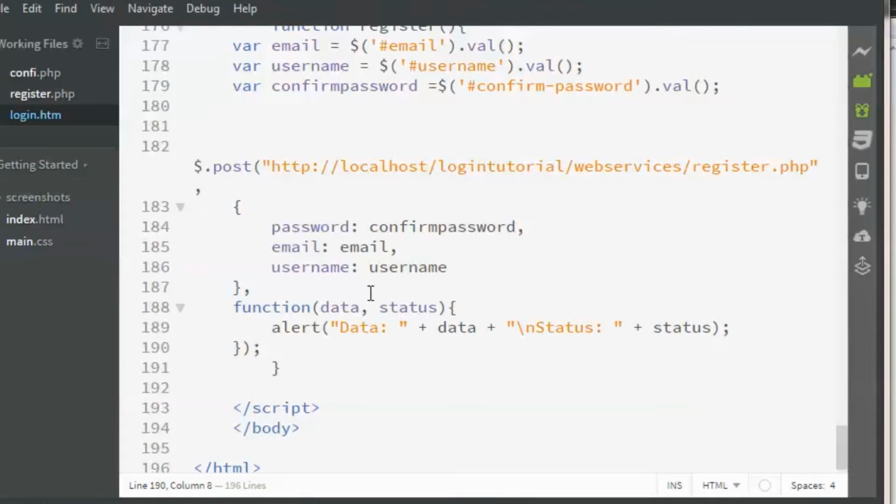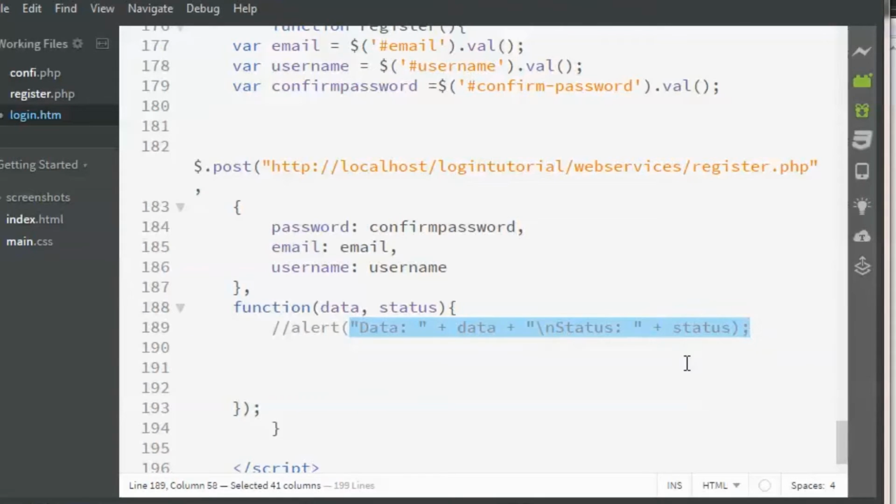Then on the JavaScript side, it is really easy to check whether the status is 1 or 0. I'll just comment this out because that is not so useful. This statement is just to check whether the entire web service call was proper.